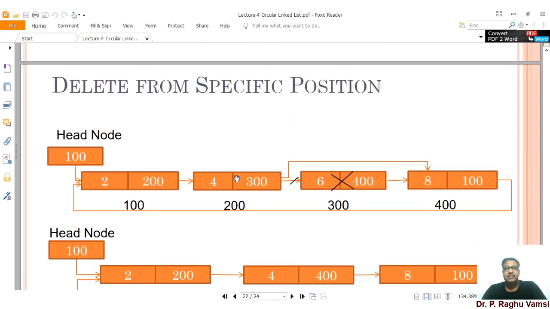This is the thing you are supposed to keep in mind while doing programs. Next one is deletion from a specific position. If the position asked is 1, then you simply call remove from the beginning. If the position is equal to the last position, then remove at end. If it is a middle position, you do the same as in a single linked list. You have to traverse to position minus 1. Then position minus 1's next will point to the removed node's next, so that the link is established between the position minus 1 node and the position plus 1 node. Thereby the deletion takes place in the middle of the list or at a particular position.